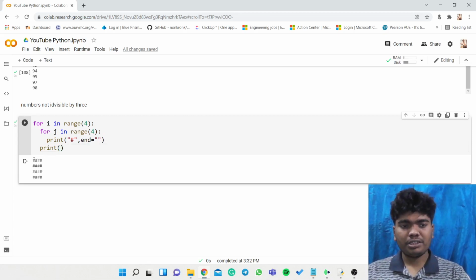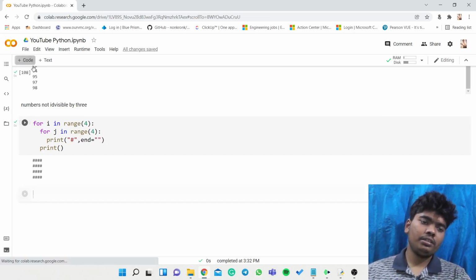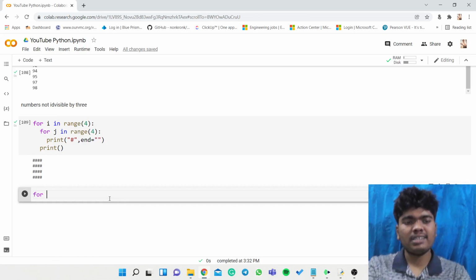So it will arrange like this, 4 asterisks, 4 asterisks, and now this is a code. Then we will try to do it for an ascending order.